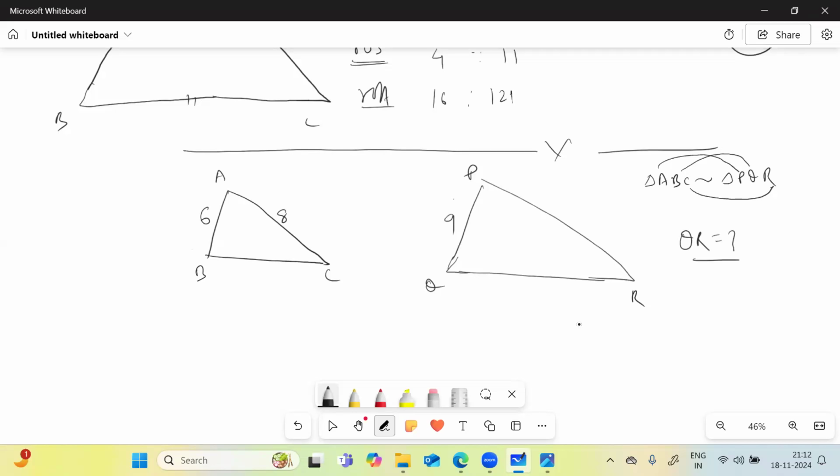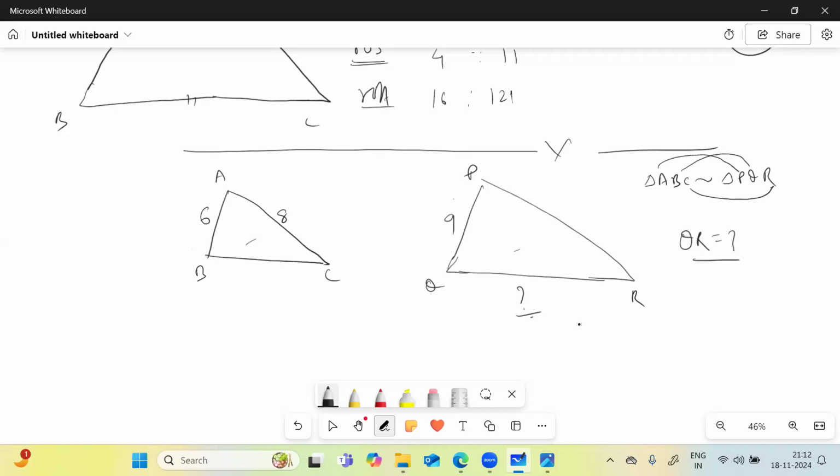Anyone? So 24. How did you find that? Okay, QR. You cannot calculate QR because